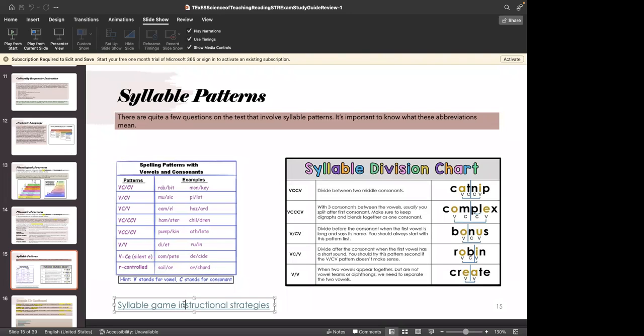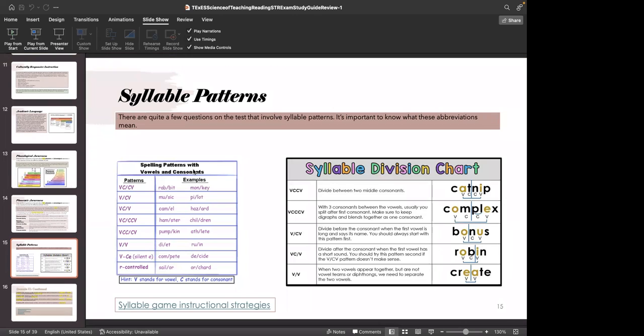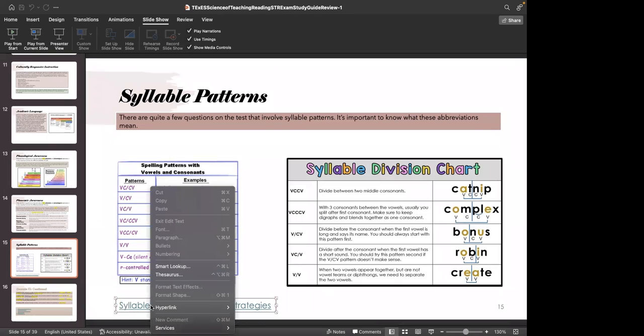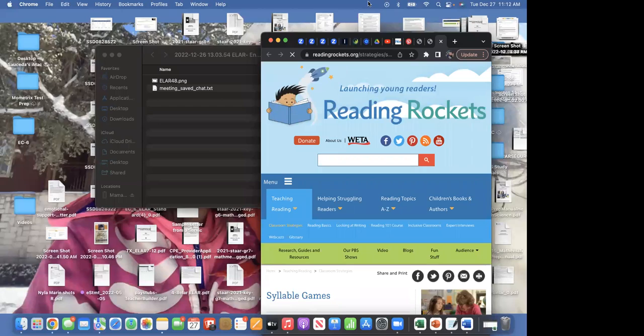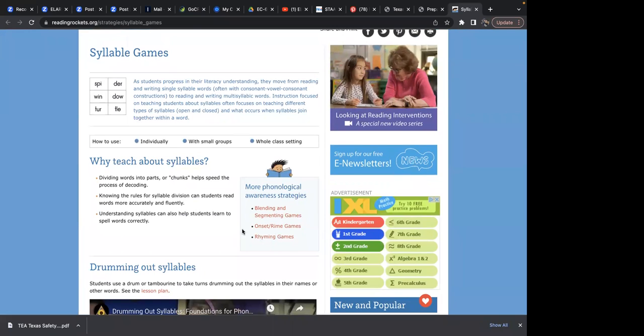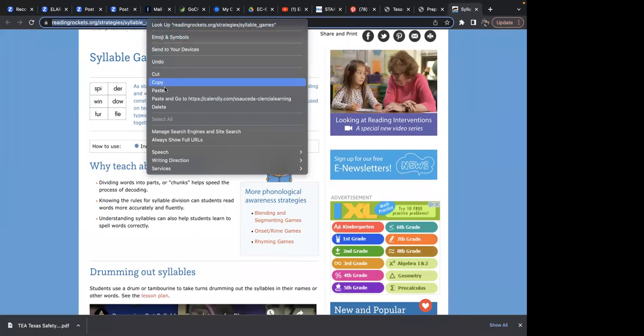Let me see. Why is it not letting me see this? Let me see. Hyperlink. Open hyperlink. Syllable games. Here we are. Phonological awareness strategies, blending and segmenting games, onset rhyme games, rhyming games. I'm gonna place this in your